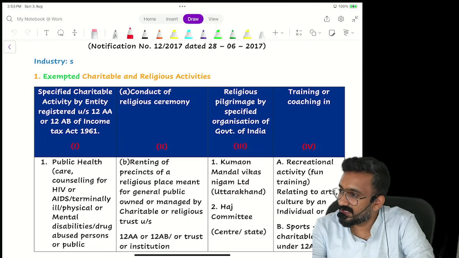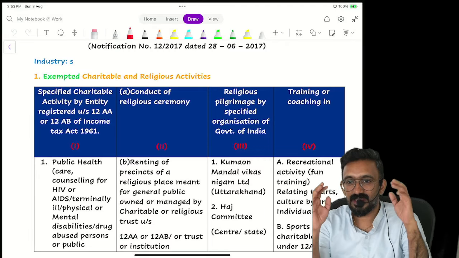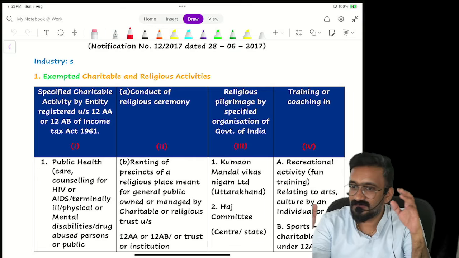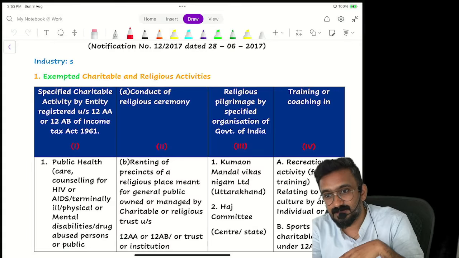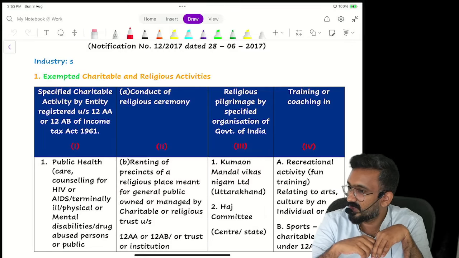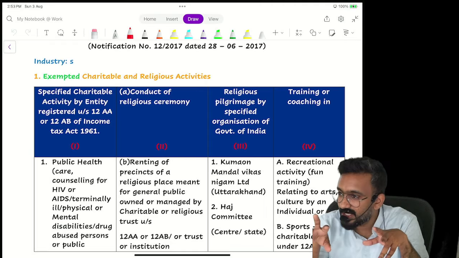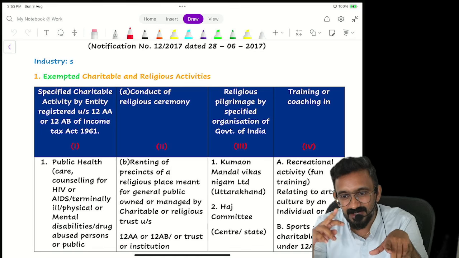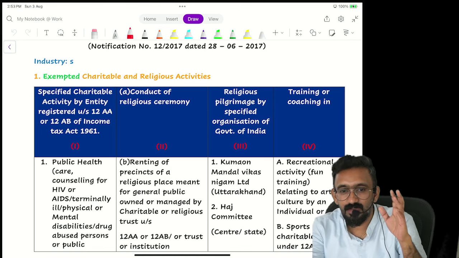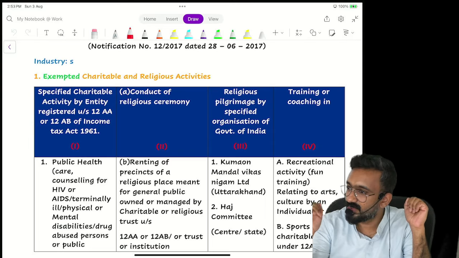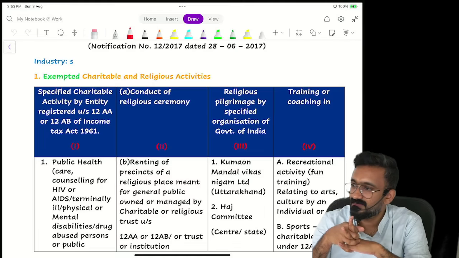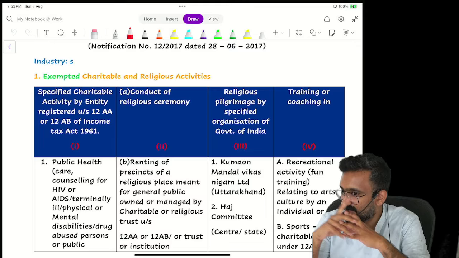Then there is a fourth level of exemption, combination. What could be the combination? Specified supplier providing specified activity, or specified supplier providing any activity to specified recipient, or specified activity provided to specified recipient, or specified supplier, specified activity, specified recipient. The moment you get an exemption, put it into this category and then analyze it. That's all you do. Shall we do that? Every exemption you read, you try to think of this.